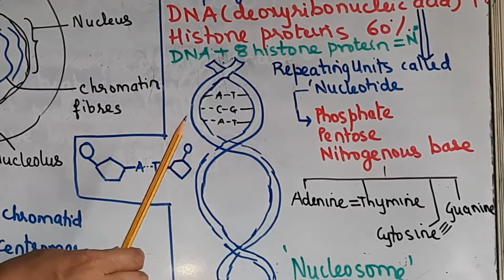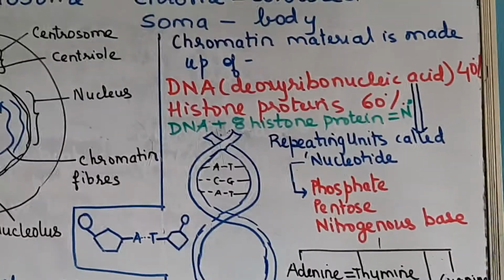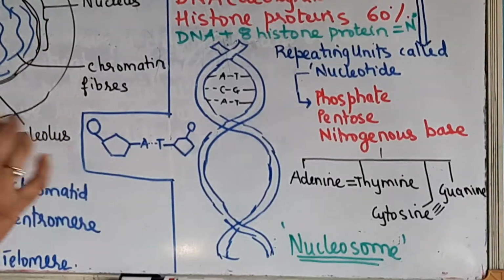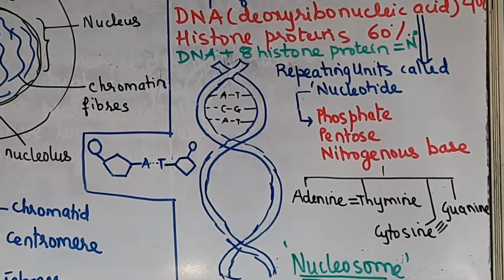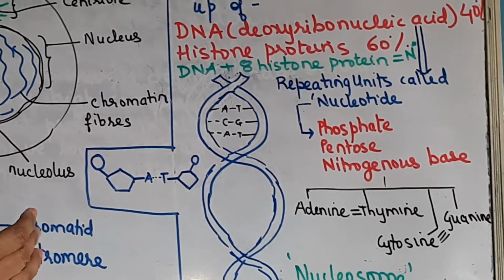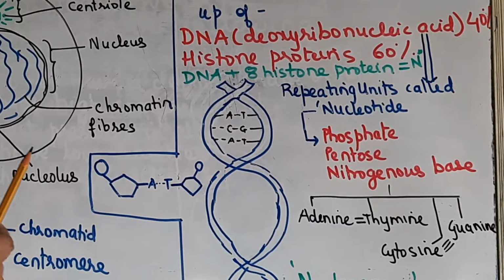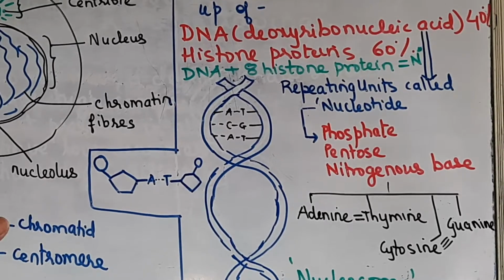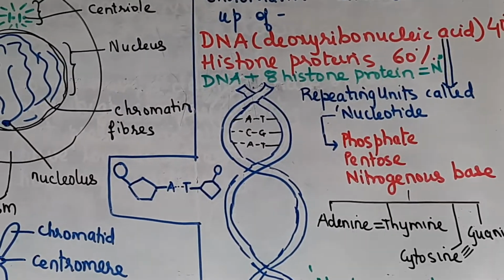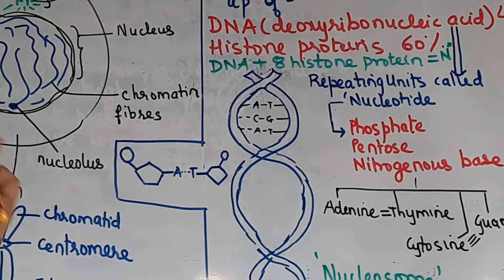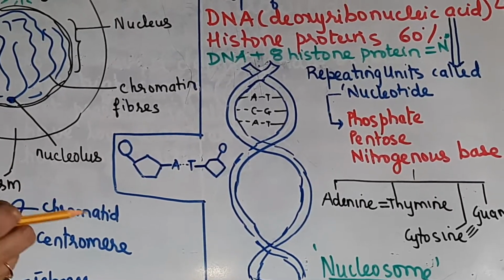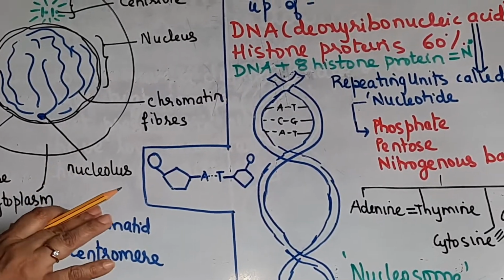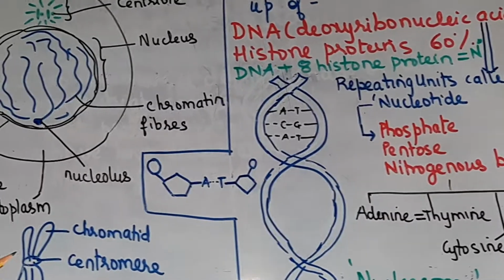And we discussed also what genes are. Genes are nothing but specific sequences of nucleotides on the chromosome which encode for a particular protein that will express in some feature of the body. The function of genes is to be the carriers of hereditary information, and they transfer the hereditary characteristics from parents to offspring. So that's why in some ways you may be similar to your parents, or there may be some similarities in the features. That is because of the genes. Now we'll have a look at the next part.